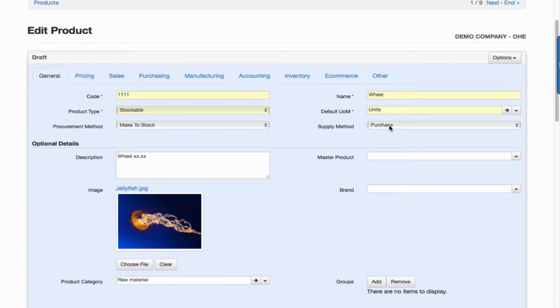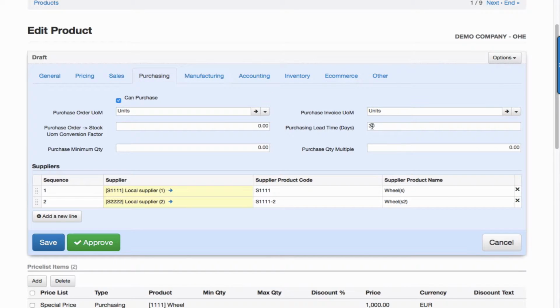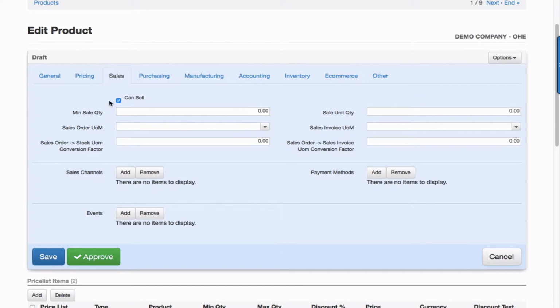Actually, the most important thing is that this supply method is purchase. And then, of course, important is also to have the lead time of that product and information whether that product can be sold as a spare part or not. So I think this is